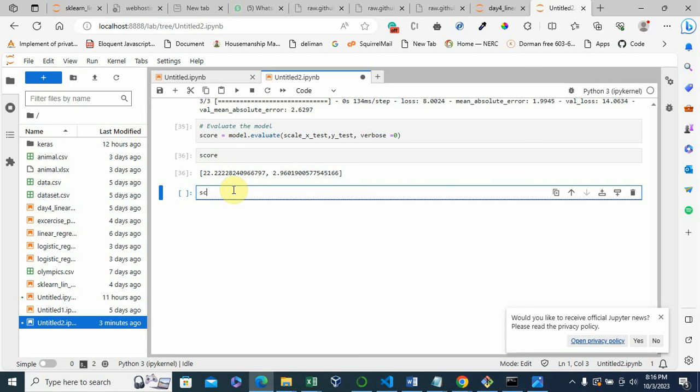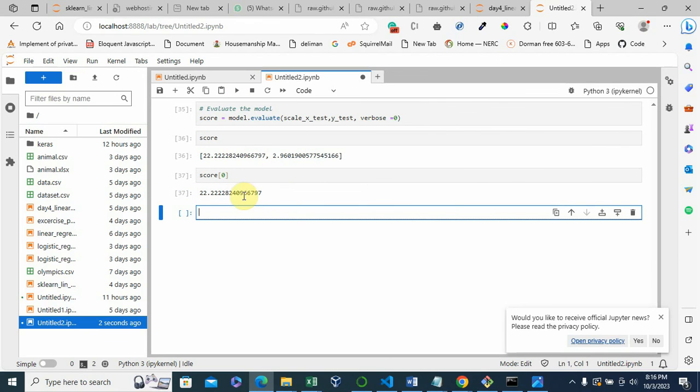So if you get the first one out, index 0, this is an array, this is the test loss, the loss function there.